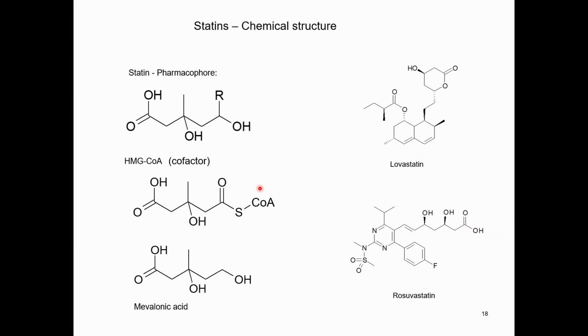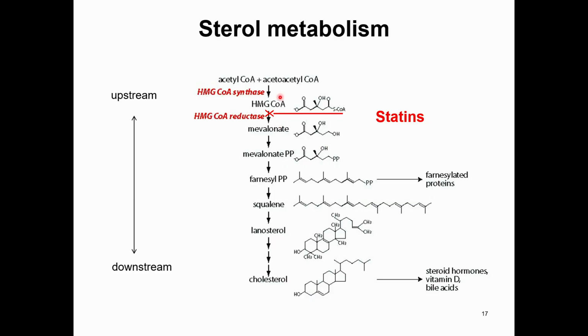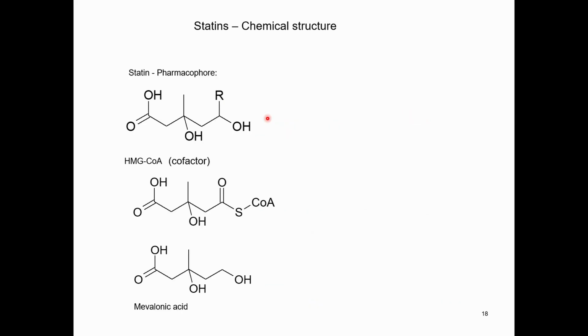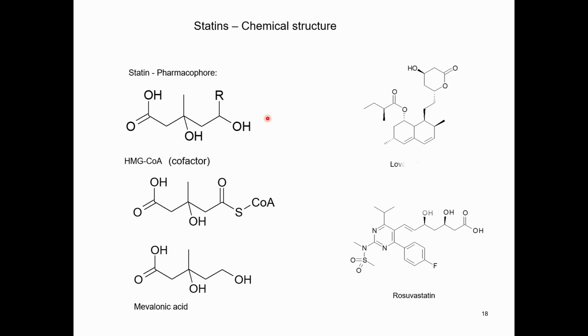So what's really happening is in this pathway, if HMG-CoA reductase binds a statin instead of HMG-CoA, that enzyme is now out of action. And you're not going to continue with that pathway leading to cholesterol. Make sense? Kind of cool, huh? You trick the enzyme into grabbing something that looks like the right thing, but it's not. And that's how these substrate analogs work.